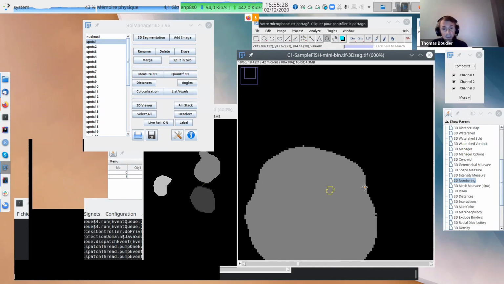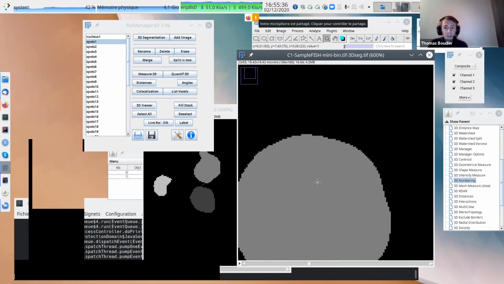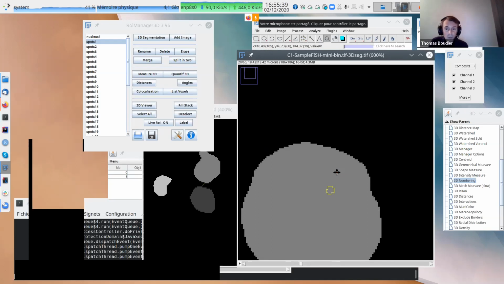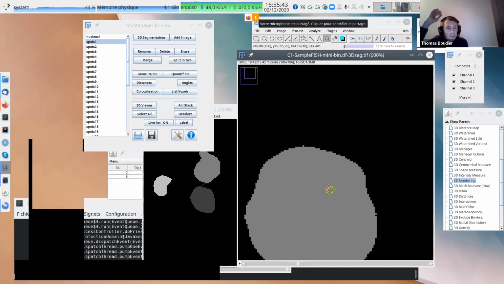We may think the closest distance is here, but maybe it's just there in Z, just on top. This is why doing 2D distances is absolutely wrong, because actually this spot is almost touching the membrane, but the membrane is just on top of it. So this is why we need to do 3D distances.